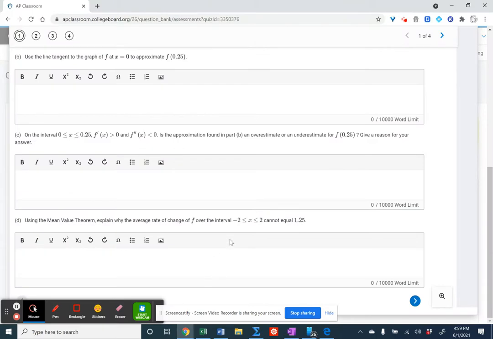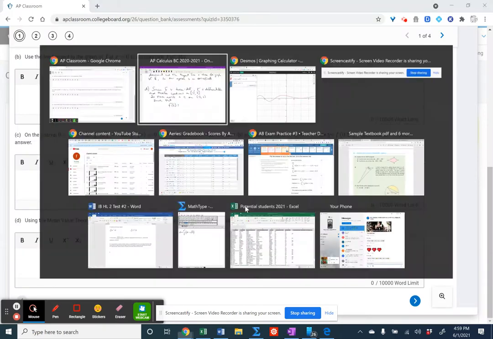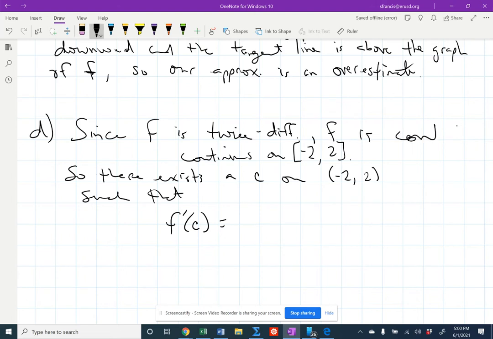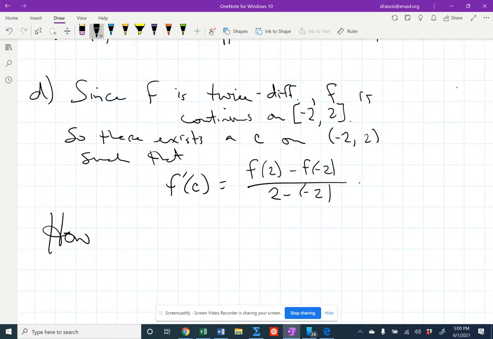What am I trying to find here? I don't need f prime to be continuous. I need f to be continuous. I'm sorry, I lost my focus here. I'm applying this to f. So it's twice differentiable, f is continuous. f is continuous on negative 2, 2. So there's just a c in the open interval. Okay, all that other stuff, such as f of 2 minus f of negative 2 over 2 minus negative 2. Now, they want you to do all that. And then, however,